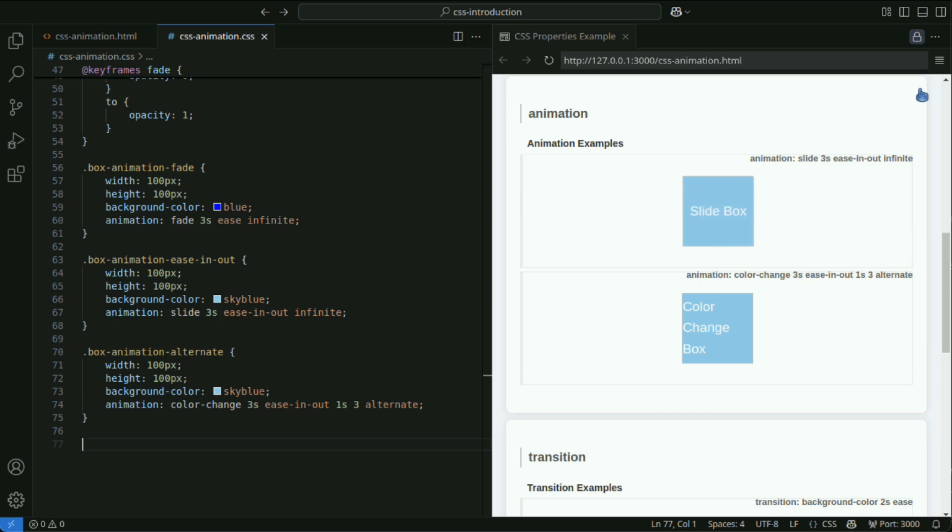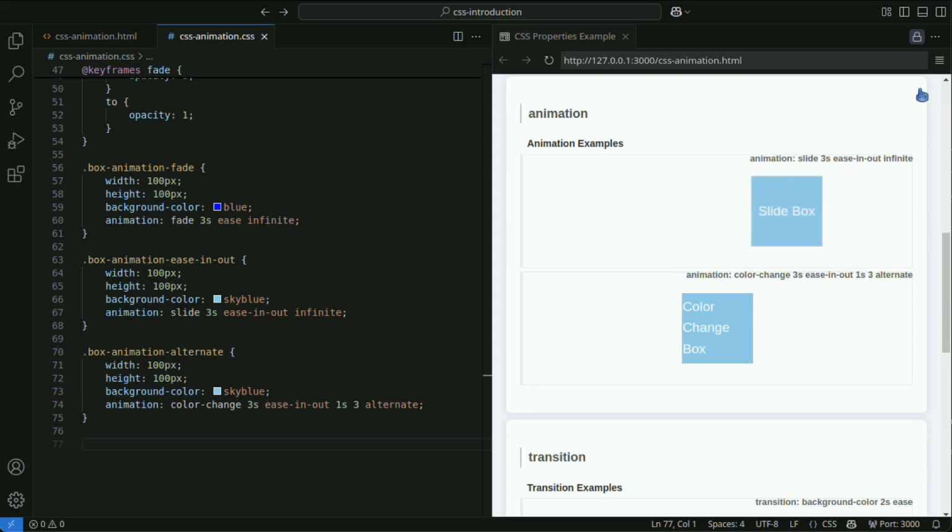The animation-timing-function property specifies the speed curve of the animation. Values such as ease, linear, ease-in, ease-out, ease-in-out, etc. are used. Specifying ease starts the animation slowly, speeds it up, and then slows it down again at the end.